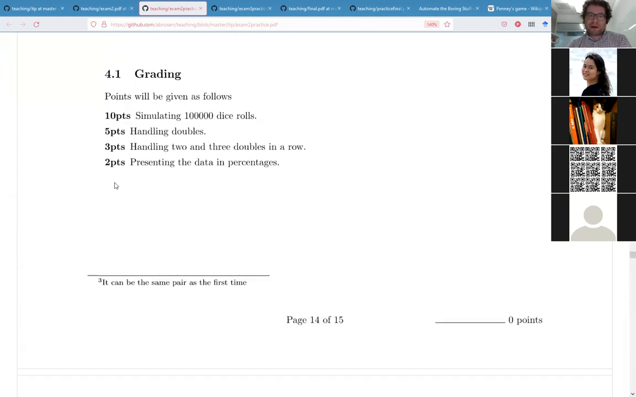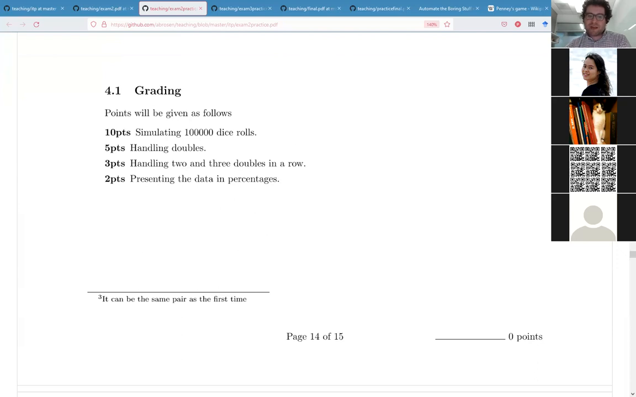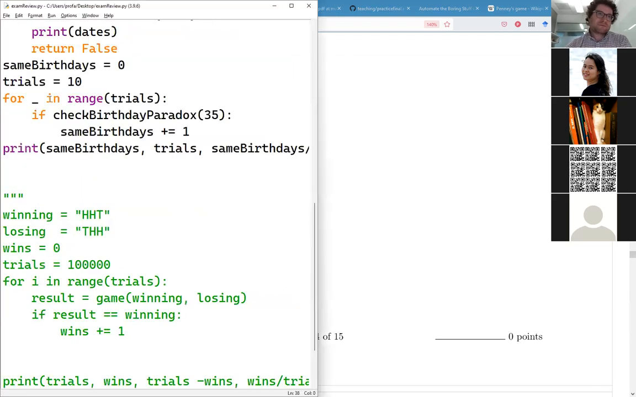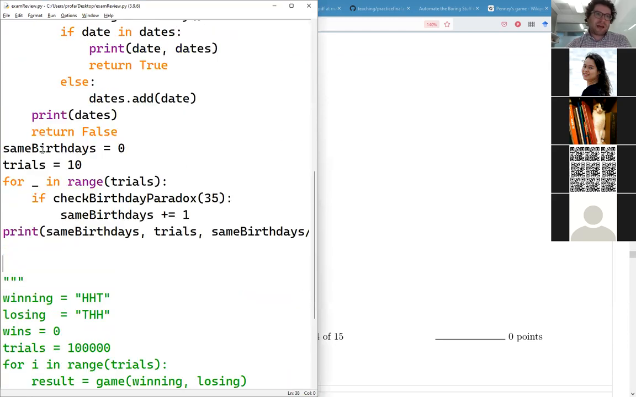So let's look at the rubric. And this is what I suggest you do for the actual question. 10 points, simulating 100,000 dice rolls. Handling doubles, handling 2 and 3 doubles in a row, presenting the data in percentages. Okay. So this is a lot. Let's do the simulating 100,000 dice rolls. I think I can do that, right? So let's go ahead and